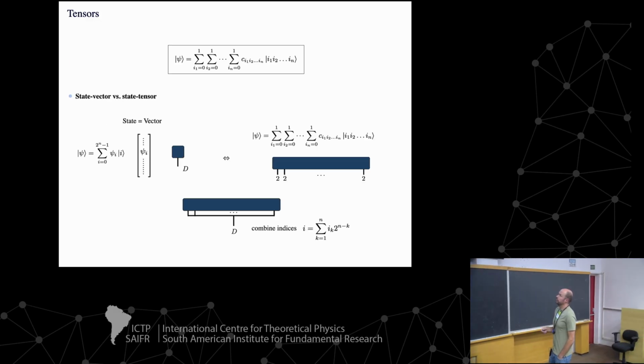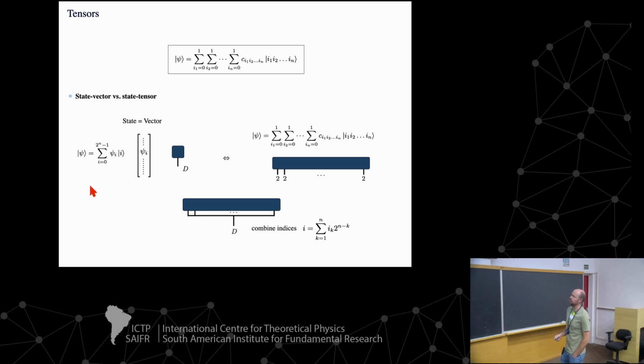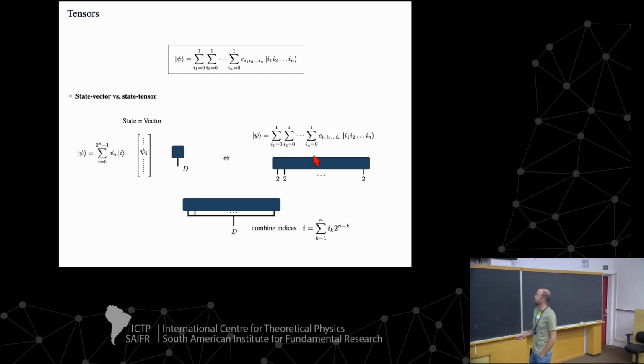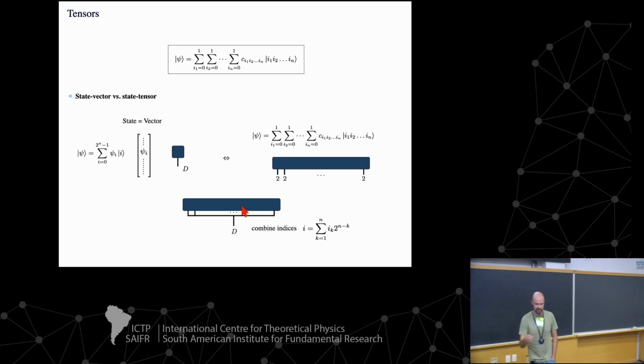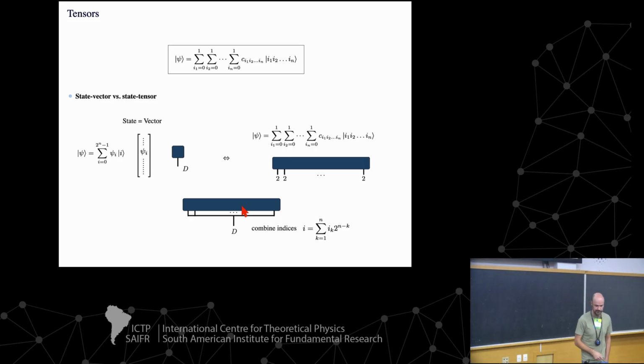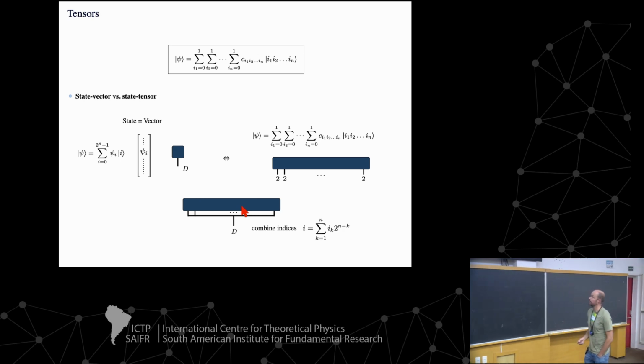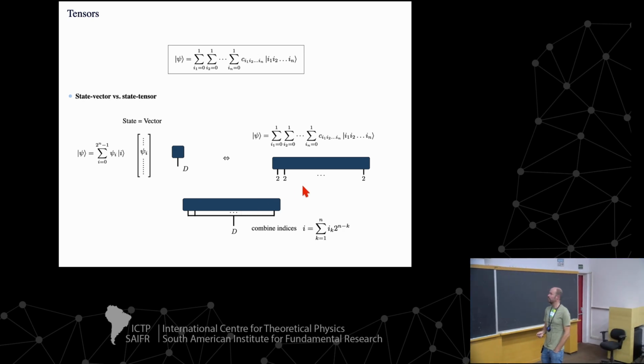Okay, and just to familiarize with this notation, what I was calling a state vector before, with this single index, I now write as something like this object here, where I have a total of n lines coming out. Each only has a dimension of 2. And the connection between this and this is just by combining these indices into one index. That's how I can go from this state tensor picture again to the state vector picture. But what I want to convince you of here is that keeping things in this tensor language can actually be